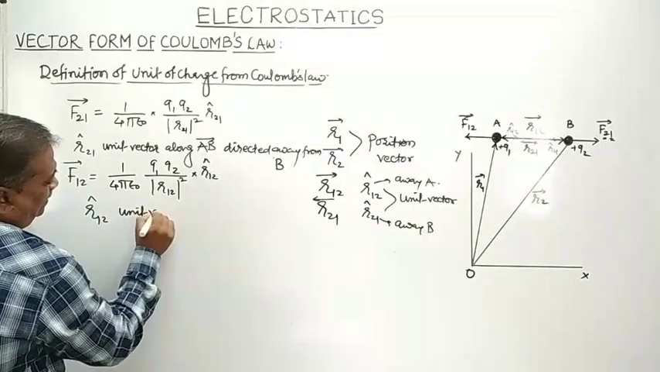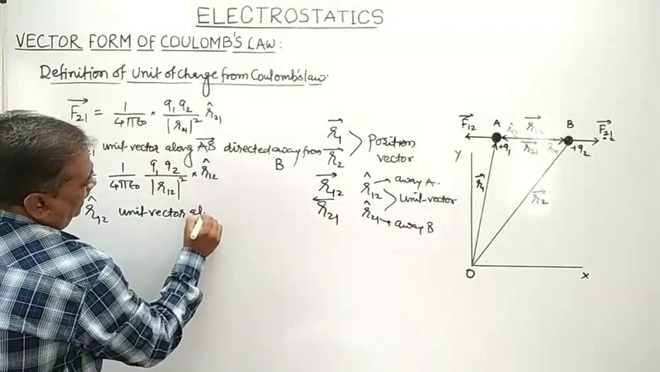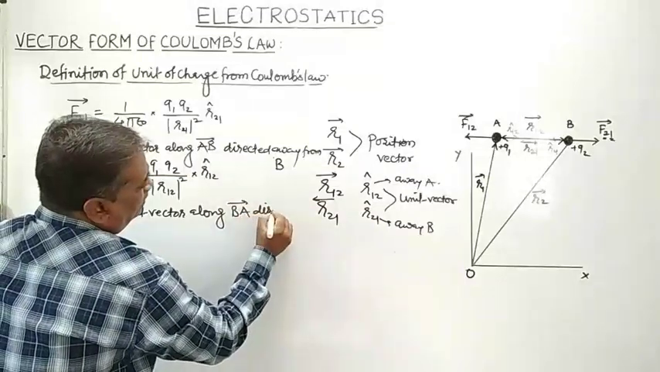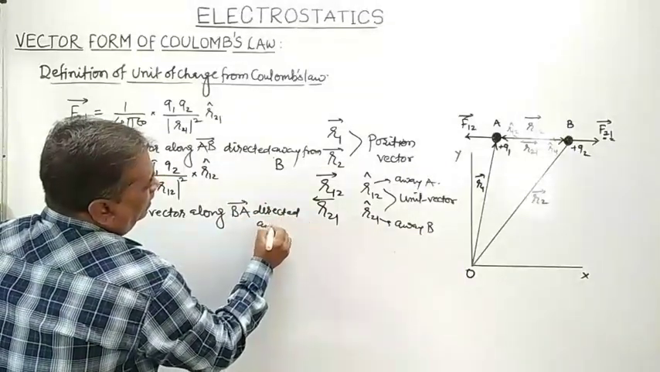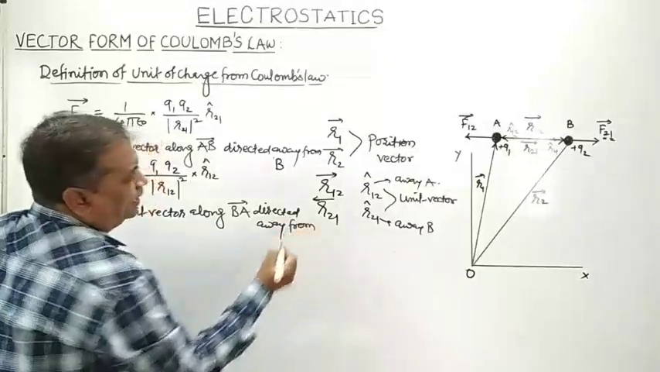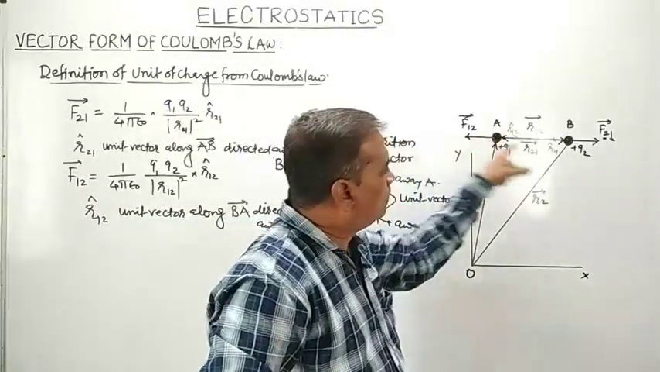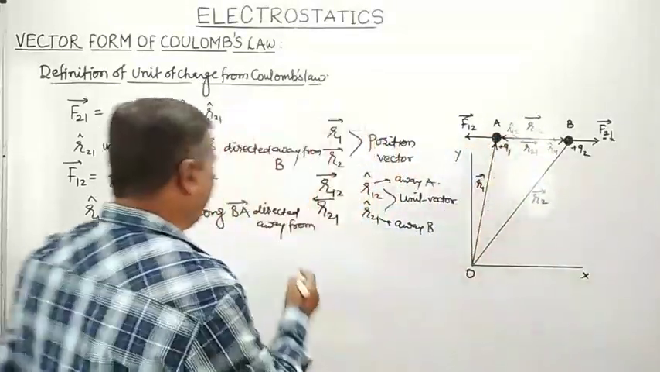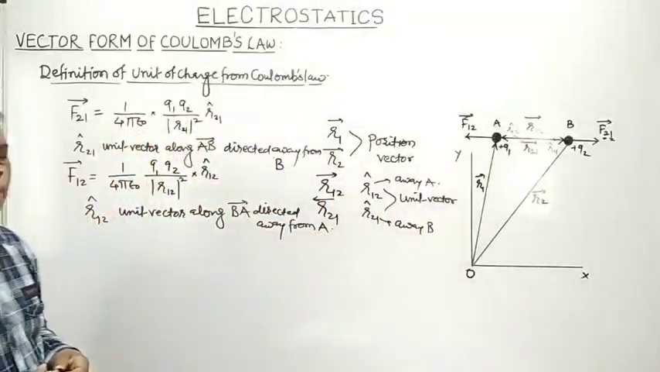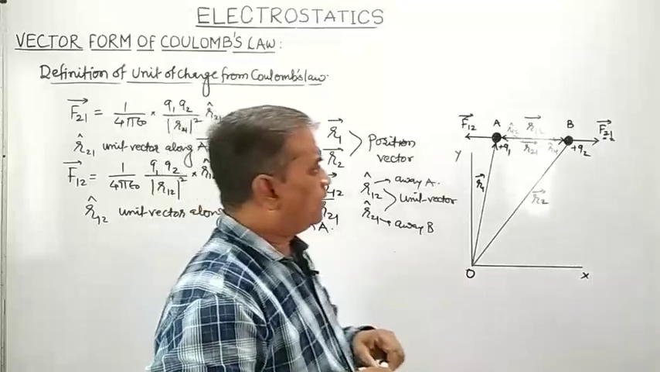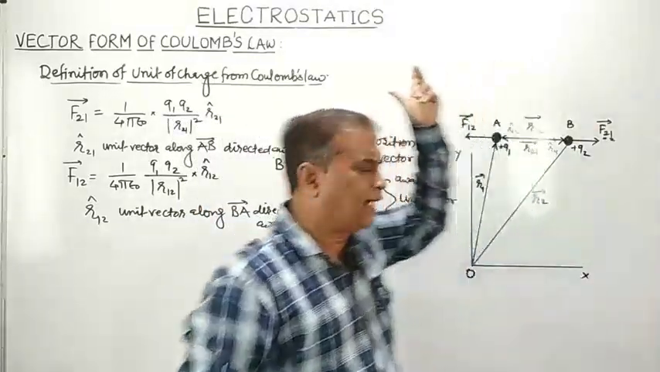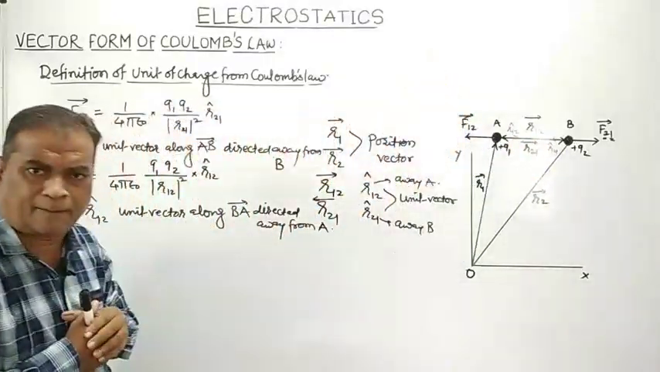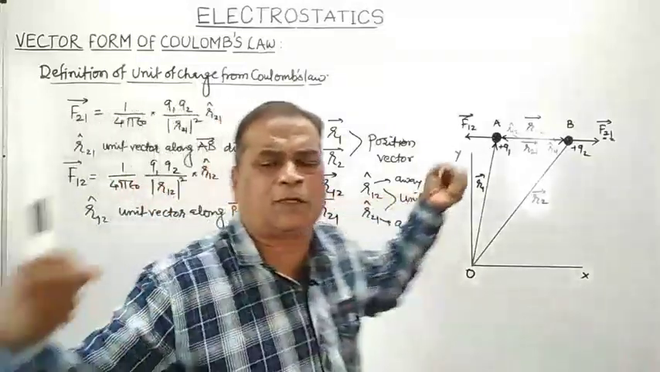It is a unit vector along arrow BA, and it is directed away from, see here, F12, it is directed away from A. Now, charge Q1 will exert a force on charge Q2 given by this expression. Charge Q2 will exert a force on charge Q1 given by this expression. Both the charges will exert force on each other,